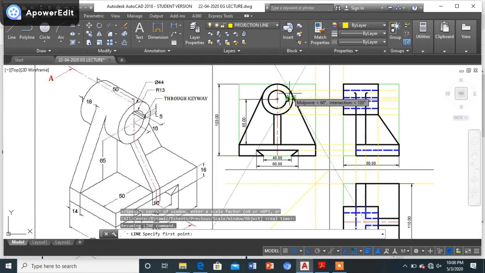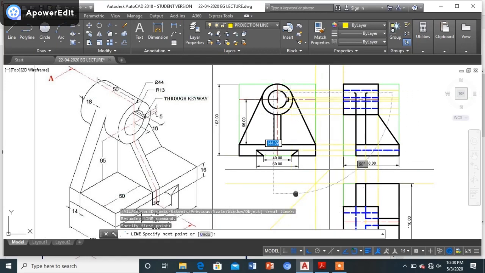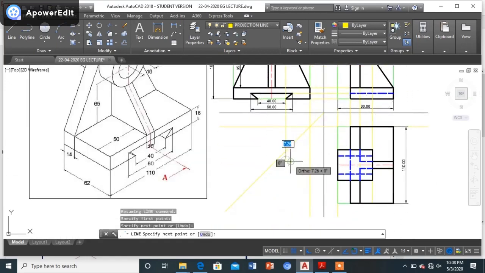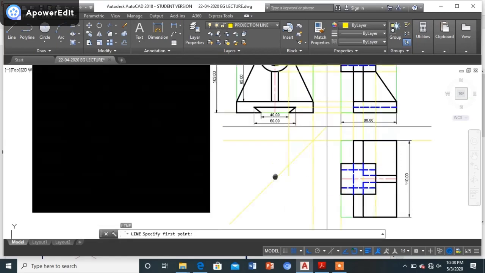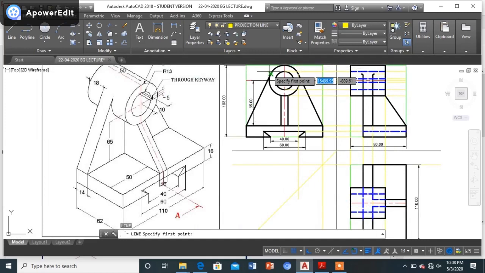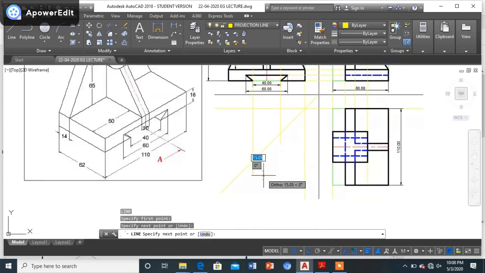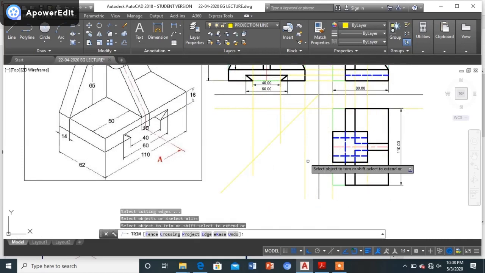Only we are concerned about the tangent points now. Now if we see it over here, the other tangent point that we'll be getting it like this. Let's just simply trim out the part or erase out the part those we don't want.